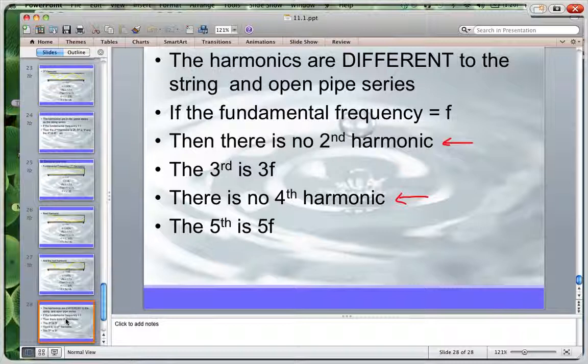Now, I'll give you some examples to work with this, and it becomes clearer when you're actually working with problems. But it's pretty straightforward when you actually do it. The maths behind it is